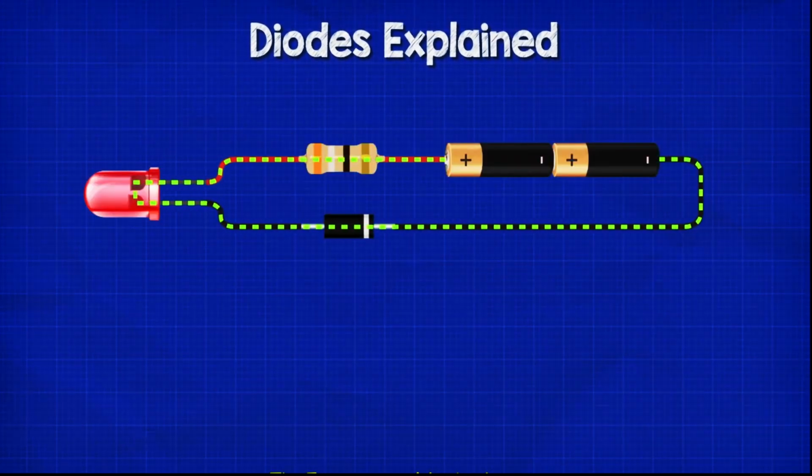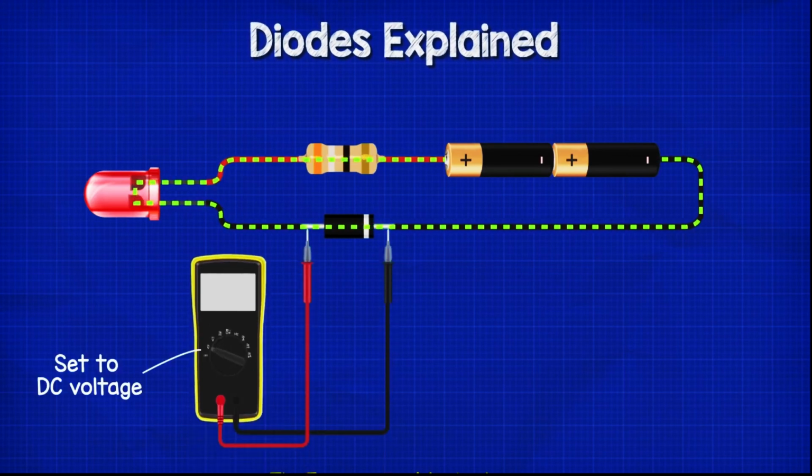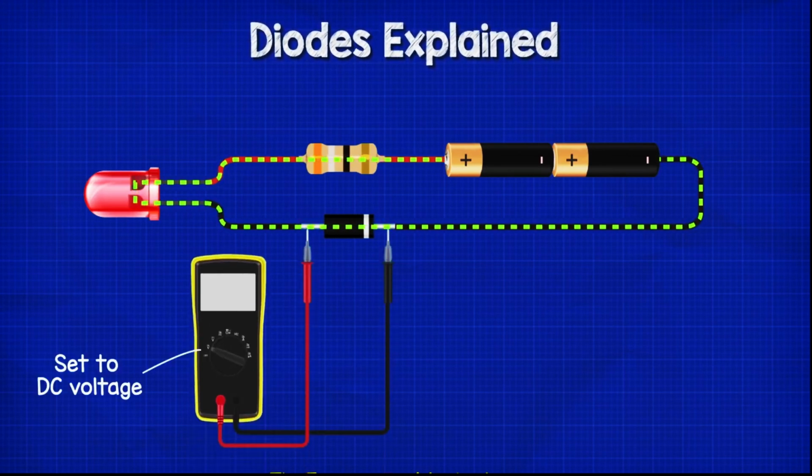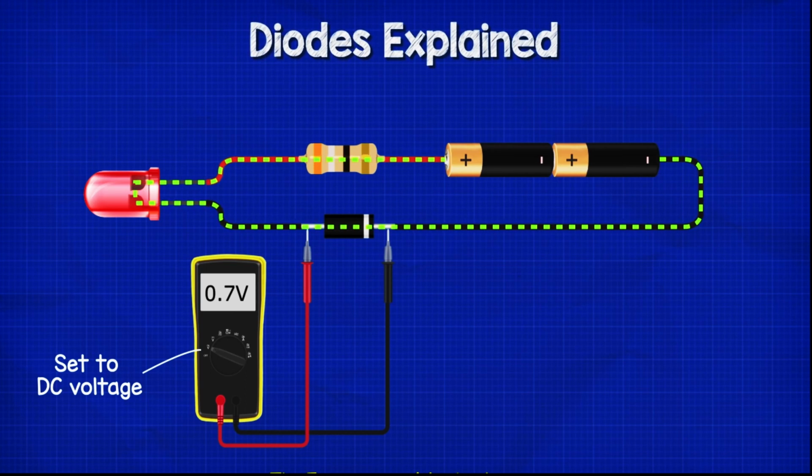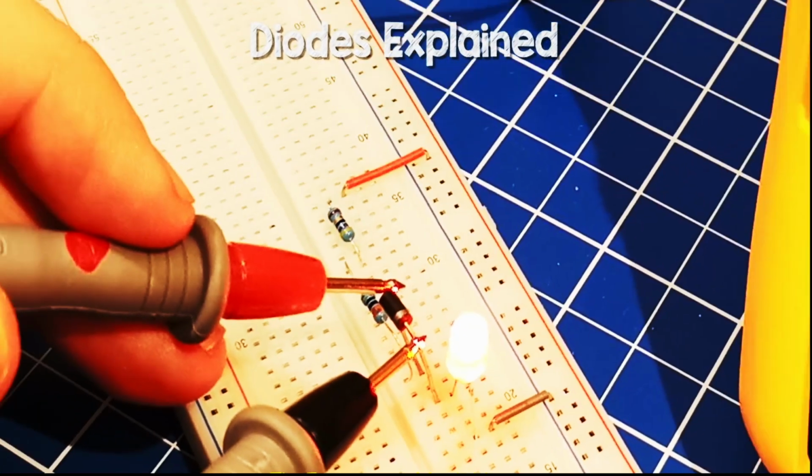To test the diode in a circuit for voltage drop, we simply move the multimeter into the DC voltage function, and then we place the black probe on the striped end and the red probe on the black end. This will give us a reading, for example, of 0.71 volts, which is